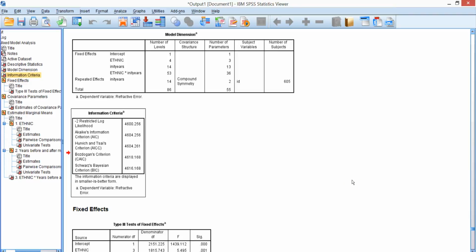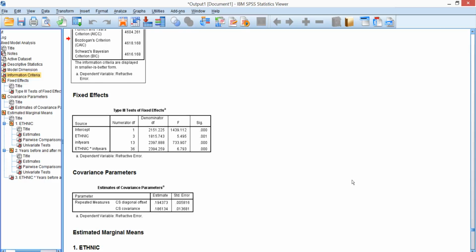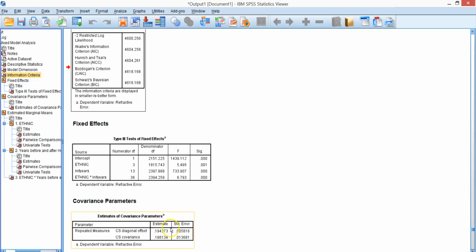In this video, we're going to consider the covariance matrix and which one is the best to use. In the analysis we've used here, first, we've used compound symmetry, which gives us a single estimate of the covariance. And that was down here under the estimate of the covariance parameters. In order to determine the fit of the model, we use these